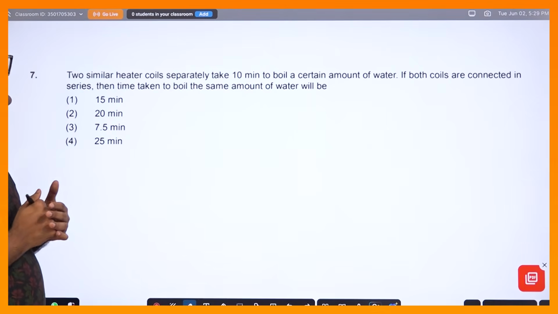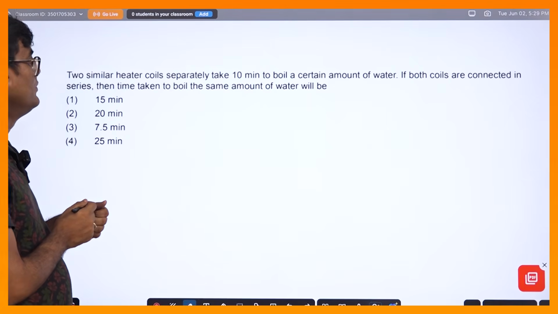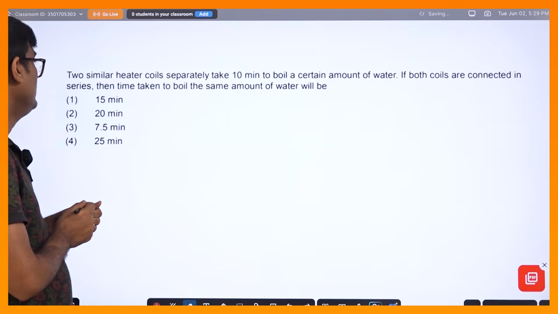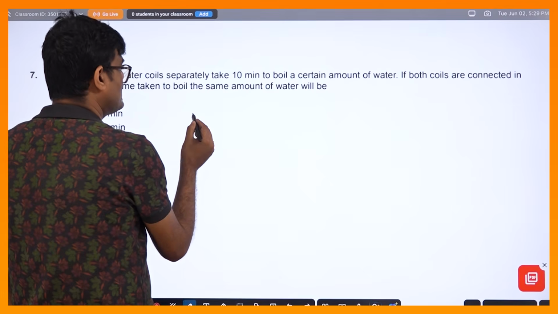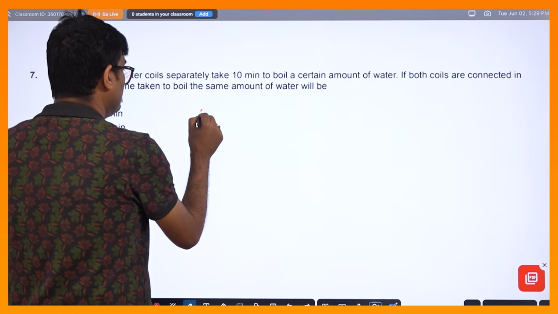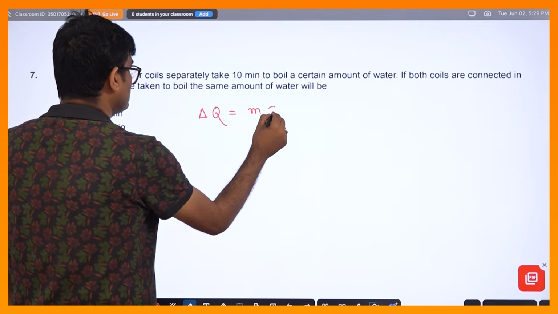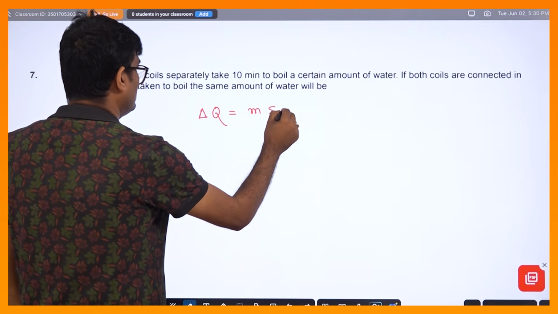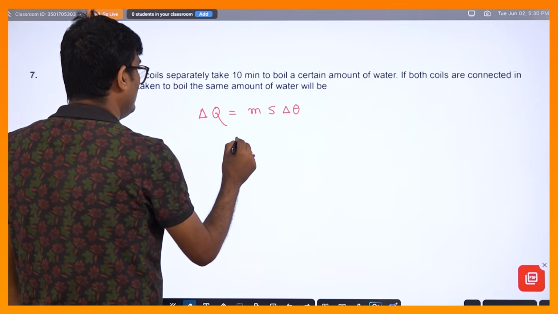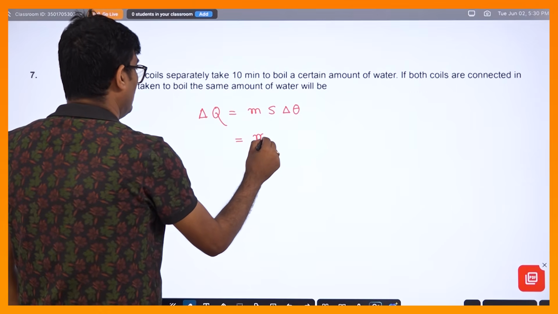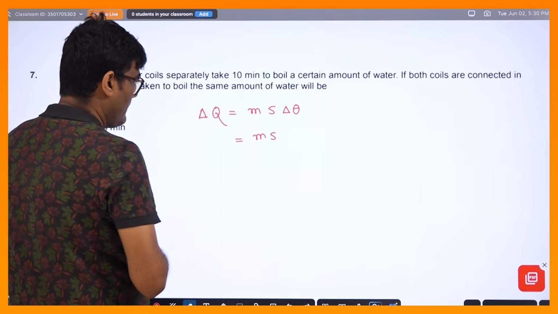Two similar coils separately take 10 minutes to boil a certain amount of water. If both are connected in series, what is the time taken? So, 10 minutes to boil a certain amount of water. To boil a certain amount of water, the heat required is equal to M, mass, times specific heat S, into change in temperature, right? Now the change in temperature,